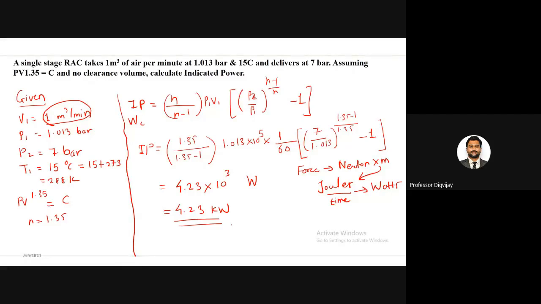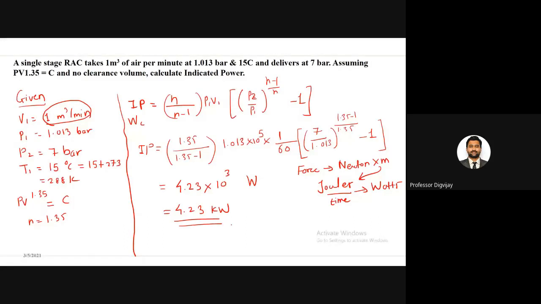There will be other examples in which you have to calculate the volumetric efficiency also. But first we'll take another derivation, for clearance volume. Today in this class we took the derivation for a single acting, single stage reciprocating air compressor without clearance volume. In the next lecture, we'll take the derivation with clearance volume and see the difference between the two formulas. Then we'll solve some other numericals, and there is a very small part on multi-stage compression, which we will also cover in the next lecture.